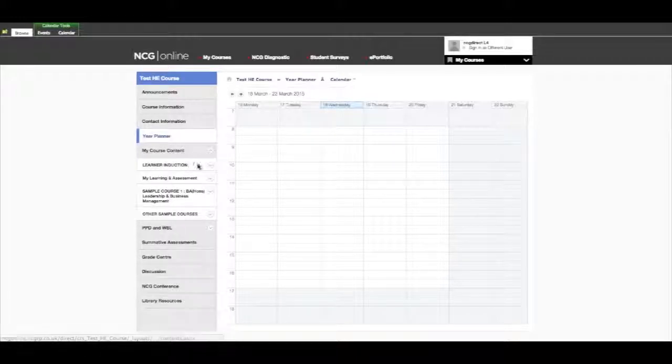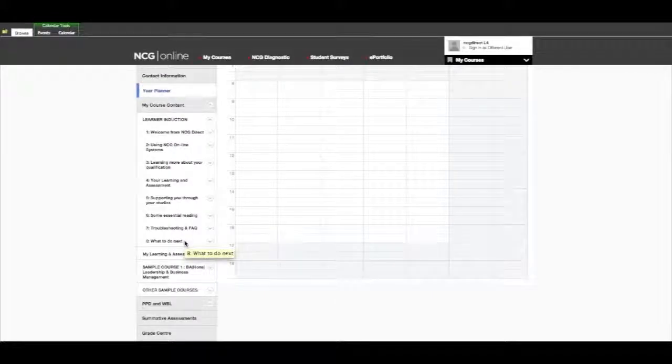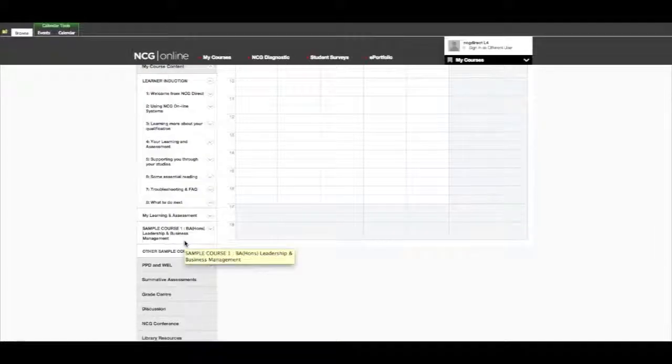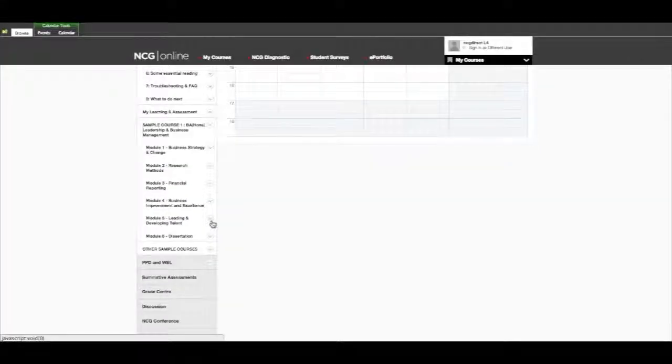Moving down from there, you can see that there's the My Course content. Within here, you will see that there are more folders and then within those there are subfolders. This is all your induction material, so your welcome from NCG Direct. You will know this one, as this is where you've picked this video up from. Learning more about your qualification, so going into a little bit more detail within your actual NCG Online site. So my learning and assessment sample course, we've got, as I'm logged onto a test HE site,